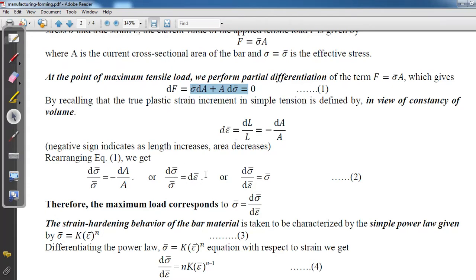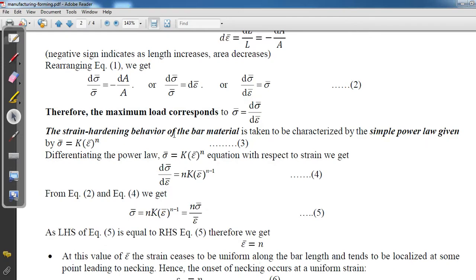So we got this, and finally we get sigma bar equal to d sigma bar upon d epsilon bar. So this is the condition of maximum load. At maximum load this condition is true. Okay, so we reached here. Let's go ahead. Strain hardening behavior is given by a simple power law, that is sigma bar equal to K times epsilon bar to the power n. Okay, third equation. Here K is the strength coefficient and n is the work hardening,